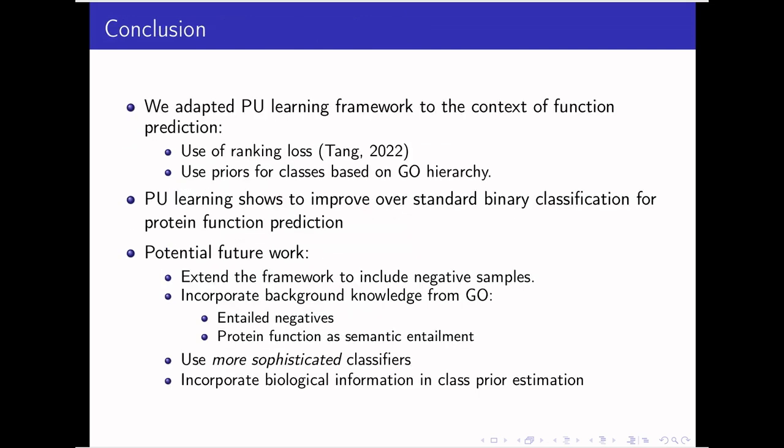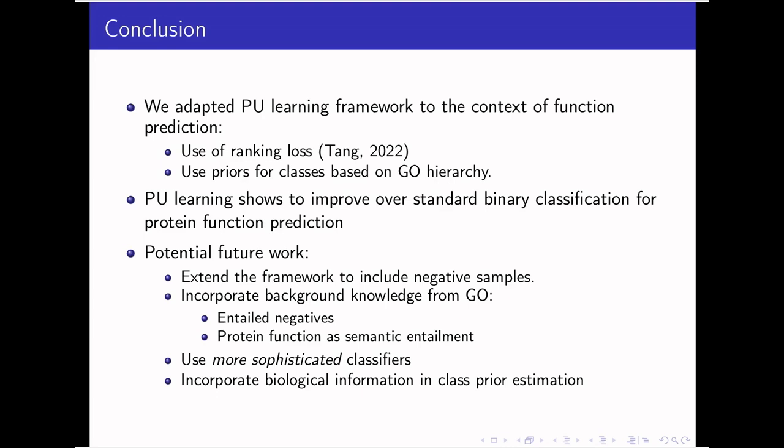So to sum up, what we did in this work was mainly to adapt the PU learning framework in the context of function prediction, leveraging some work in other contexts like knowledge graph completion. We also adapted the class prior estimation based on GO hierarchy only, although other types of information, like, as I said, biological information, could also be used in the future. We showed that PU learning can improve over standard binary classification in this task,